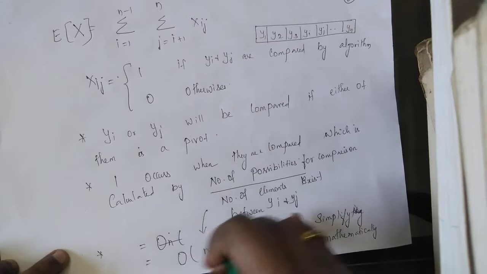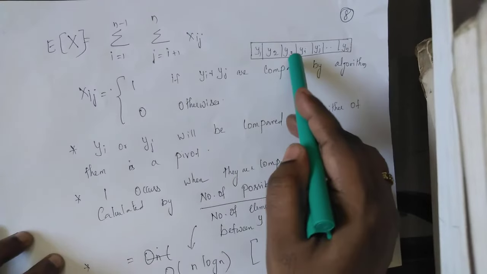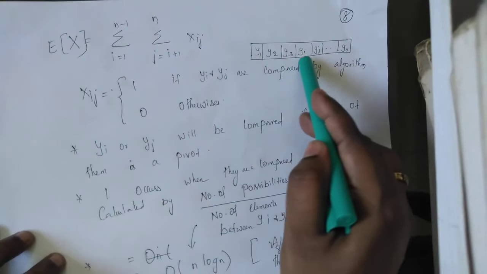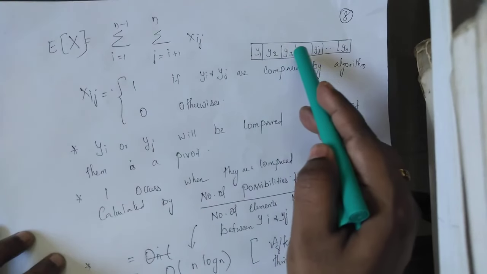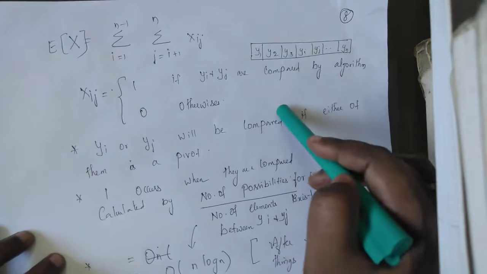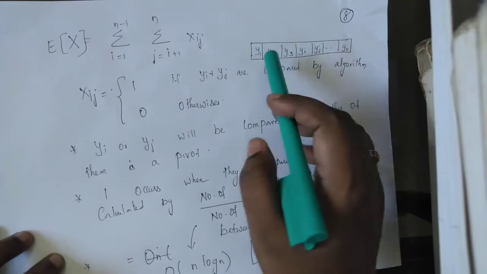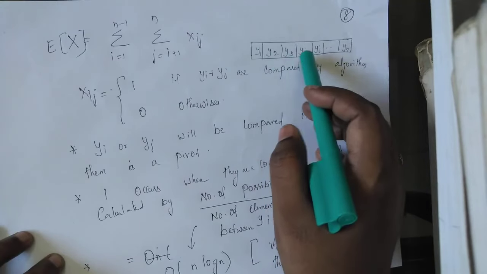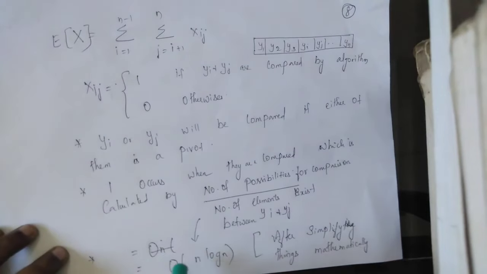So that's how we are making a choice. I'll repeat once again. This is achieved since we are making random pivot choices every time. We may not divide the array into two equal halves every time, but when we take the entire possibility into account, we will achieve a time complexity closer to n log n. That is the intuition behind randomized quicksort.